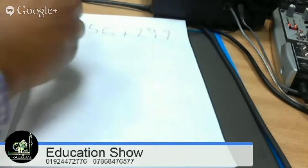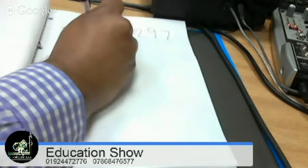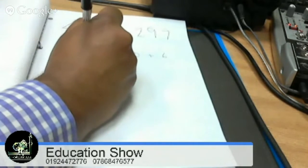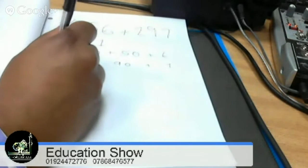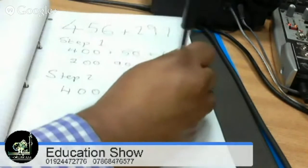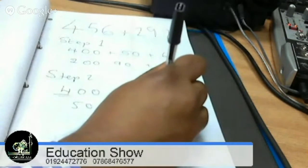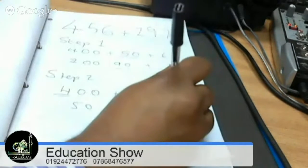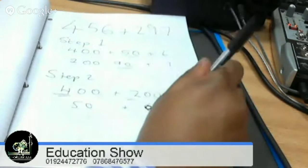Can you remember? Right, step 1 is let's partition 450 and 6. Then let's partition 290 and 7. What do we do next? Okay, so step 2 is let's add the hundreds up. So if we've got 400 add 200, that's 600. If we've got 50 add 90, 50 add 90 is 140,